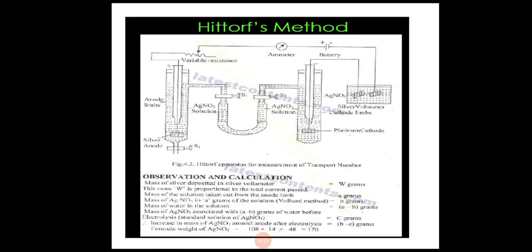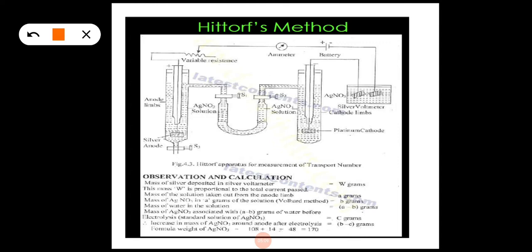But let us see now if the electrodes can be attacked. Let us take silver nitrate solution in this tube. This is the anodic compartment, this is the middle compartment, and this is the cathodic compartment, and it is attached to a silver voltmeter or copper voltmeter in series. This minus is attached to plus, and this is attached to the minus of the battery, so these are in series. Silver nitrate solution is taken in all these chambers.